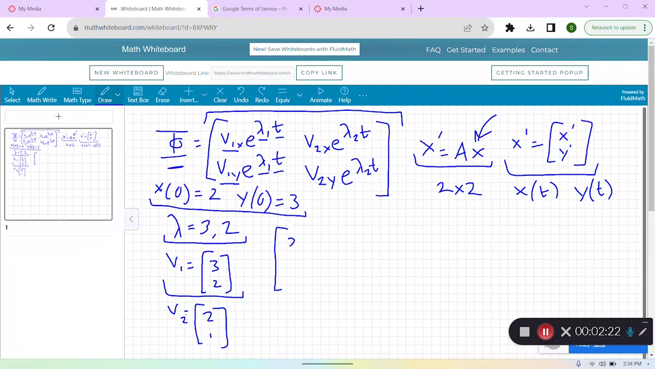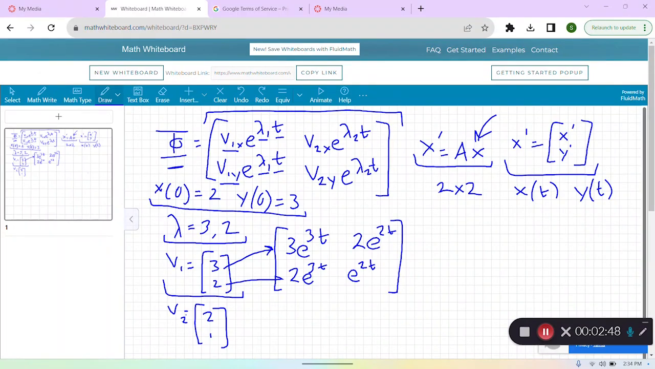This is going to look like 3 e to the 3t, 2 e to the 3t, 2 e to the 2t, and e to the 2t. Okay, so like I said, our 3 is going to correspond here. Our 2 of our eigenvectors is going to correspond here with our 3 eigenvalue corresponding to our eigenvalue there. So this is our Phi matrix. That's it. This Phi matrix is really helpful, and so we're going to use this now to solve for a